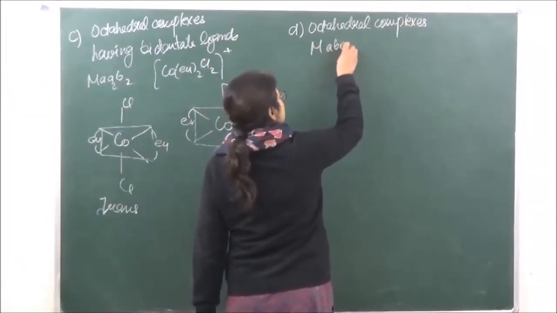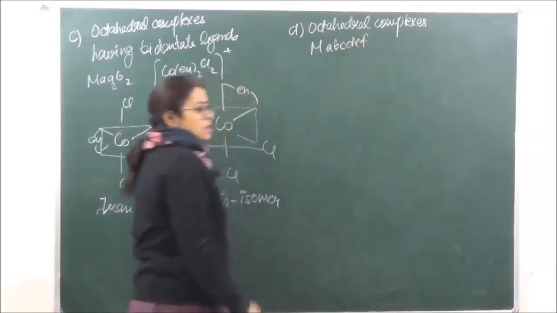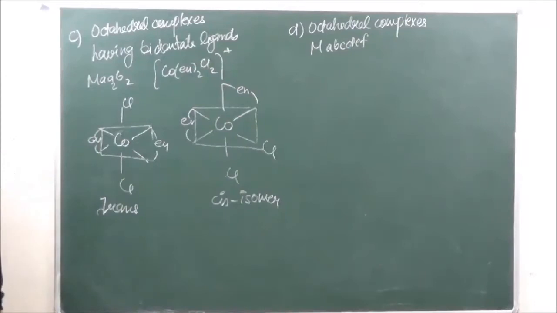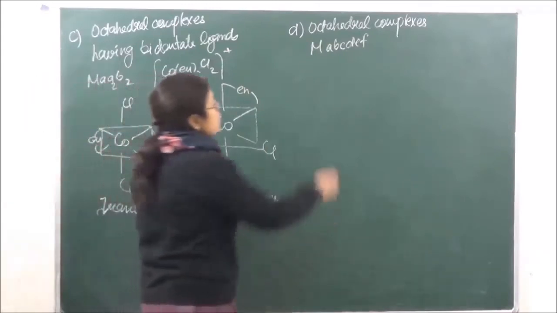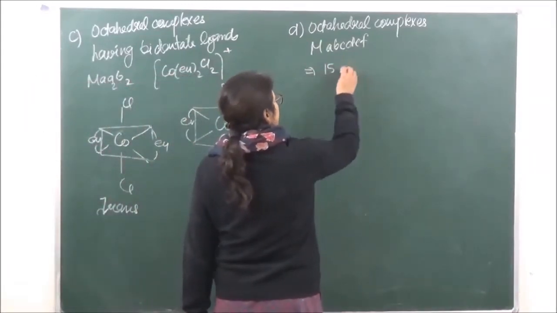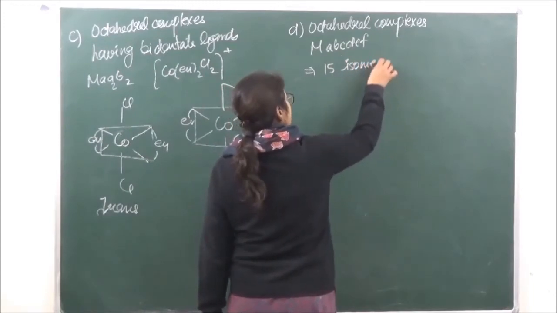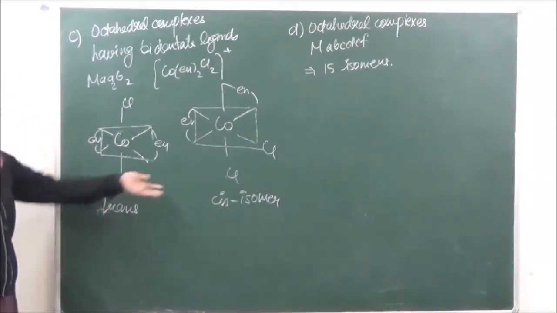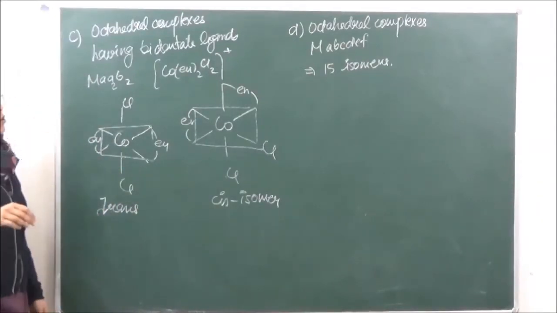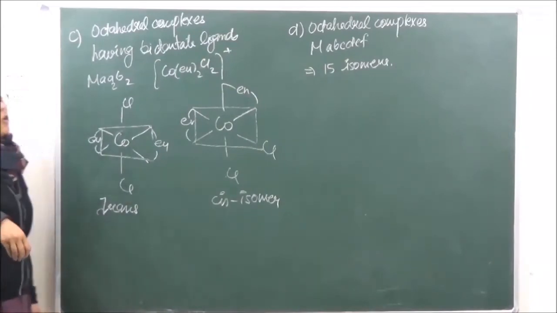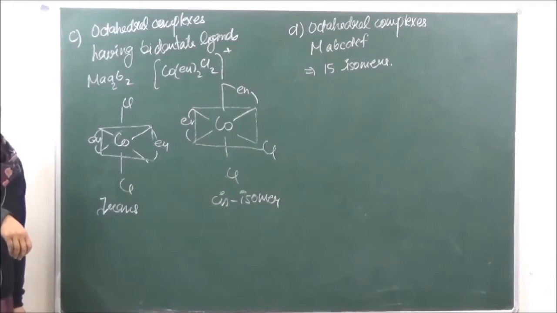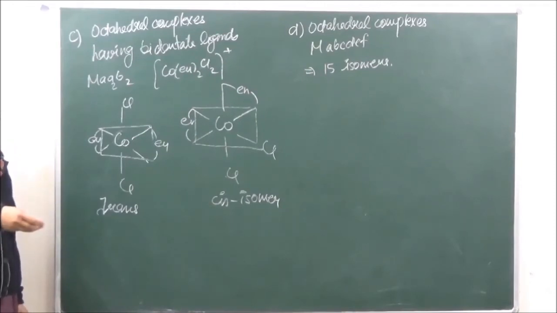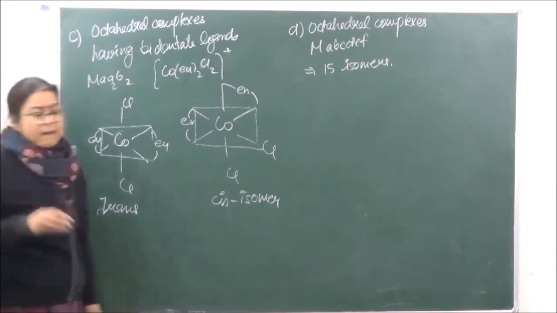Next we have octahedral complexes of general formula MABCDEF. So there are all 6 different ligands which are going to be present. They exhibit approximately 15 isomers. Again, these cannot be given any kind of position as we have done in square planar. So they cannot be given any type of form, that is cis or trans, but on rotation of all these ligands, we get 15 different isomers. There is only one of it which has been isolated or prepared so far, that is going to be